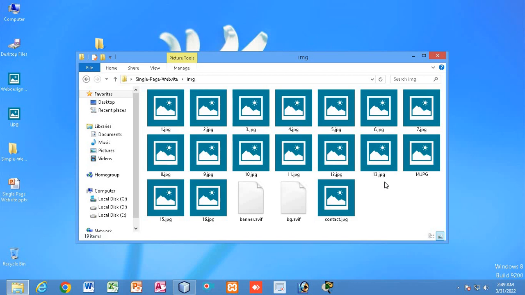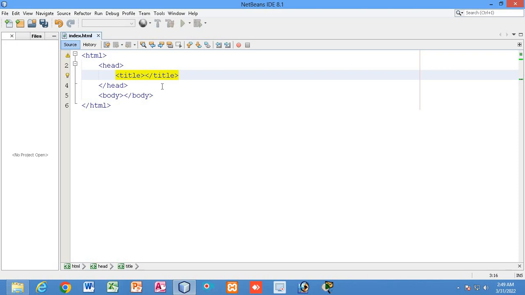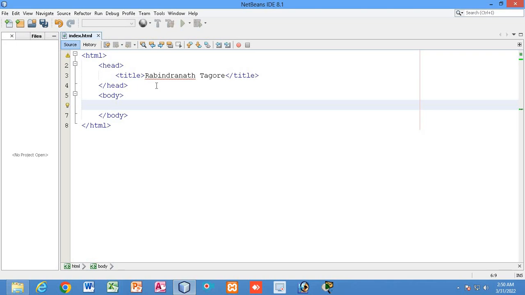I have downloaded some images from Google of the great person Rabindranath Tagore. And so the title I will give is Rabindranath Tagore, right?